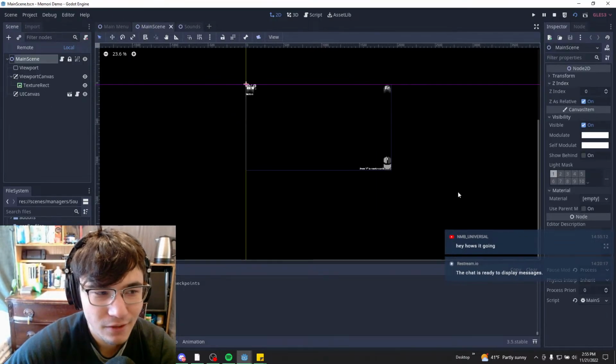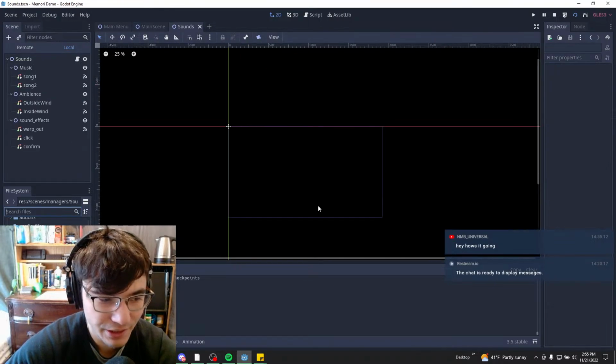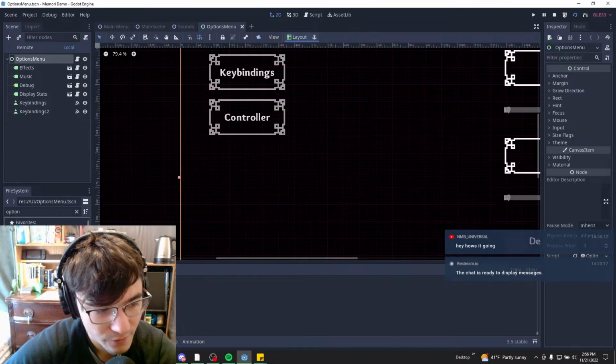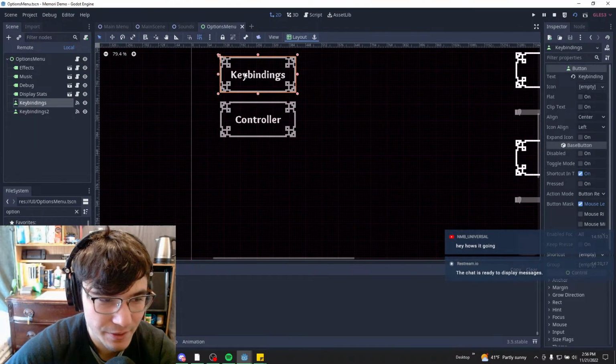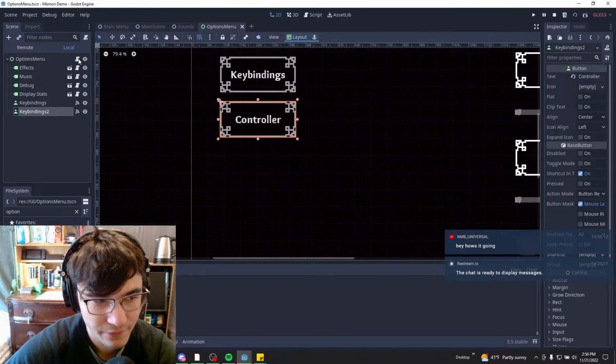And for the most part it's been pretty organized, but then sometimes I'll add, like, we can actually look at it right now. Let's go into, I think it's the options menu. Go into our options menu. You can see, yeah, this is just the button here. And then if we go into the script of our options menu,